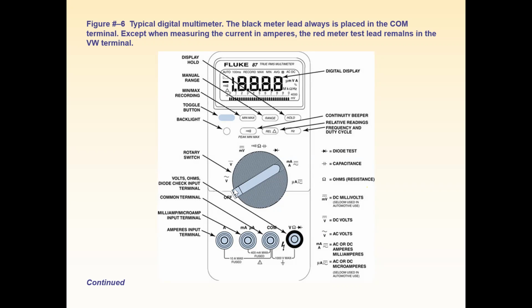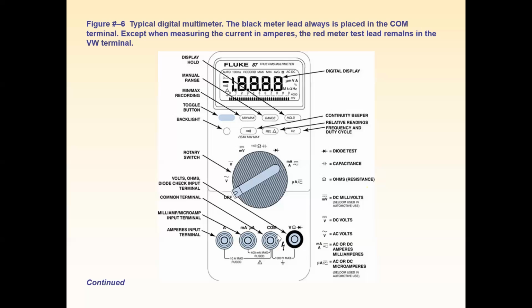Then next are the connectors. The first one is the ampere input terminal. The second one is the milliampere input terminal. Then this black one is the common terminal. Sorry, this is the voltage and resistance terminal, and this one is the common. If you want to measure voltage, you have to place one terminal in this voltage terminal and another terminal in this common, and you get the two probes.